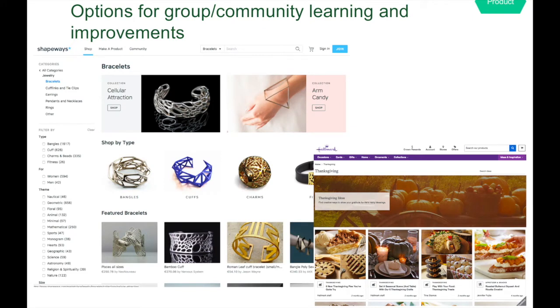Now, next topic are the group learning, group improvements, or community learning, community improvements. And there are two examples that I'm bringing to your attention. So on the left-hand side, we have a company that's called Shapeways. Shapeways is a relatively new company, and it's